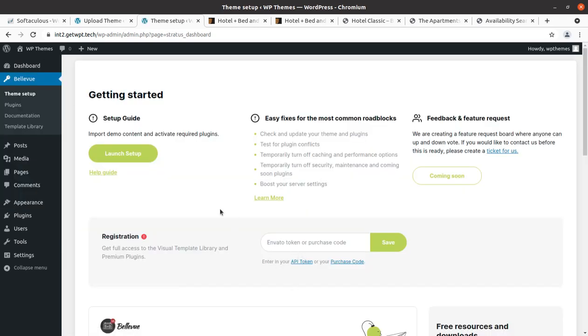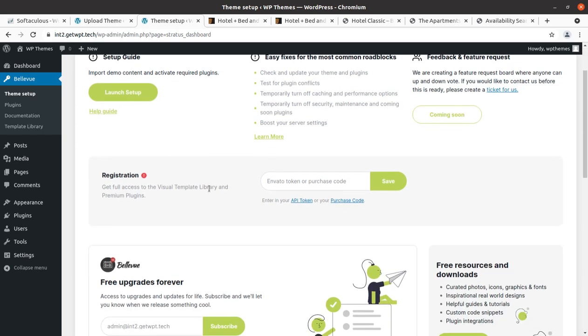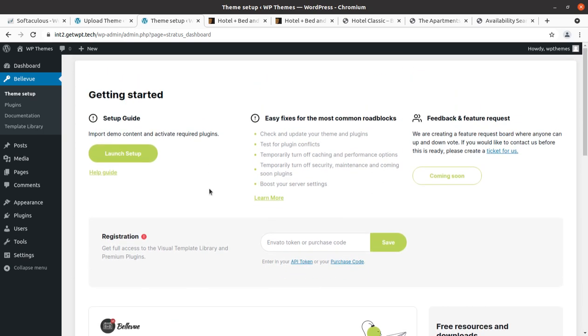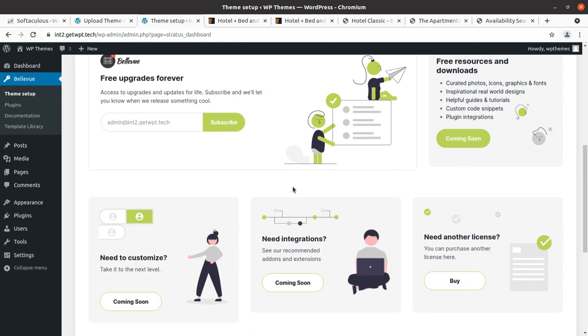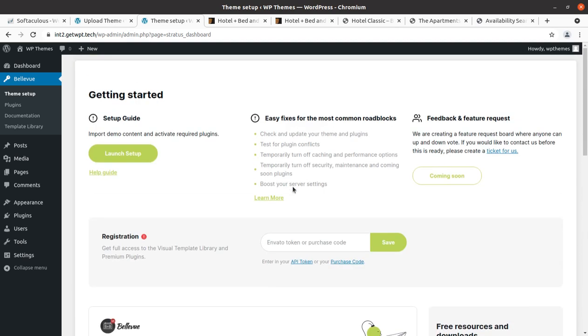Upon activation, we landed on the welcome page. This is telling about the setup guide: import demo content and activate required plugins, easy fixes, and basic information about the theme. This is the welcome page of Bellyview, and let us launch the setup, and we will also explore